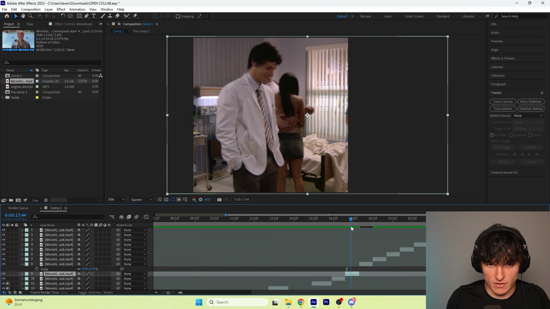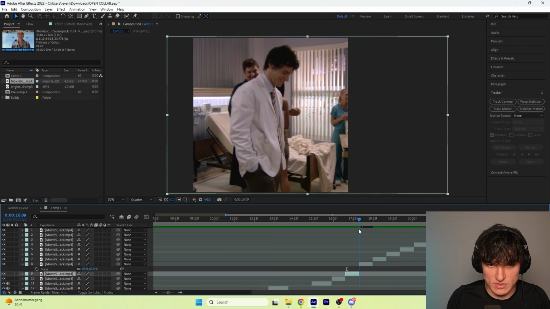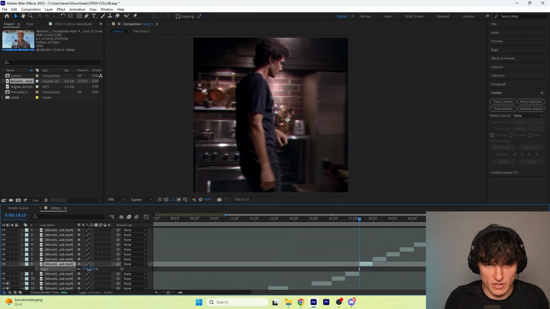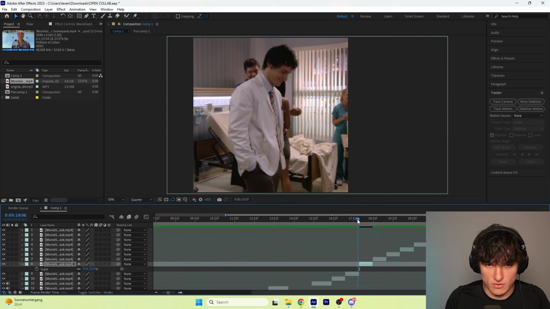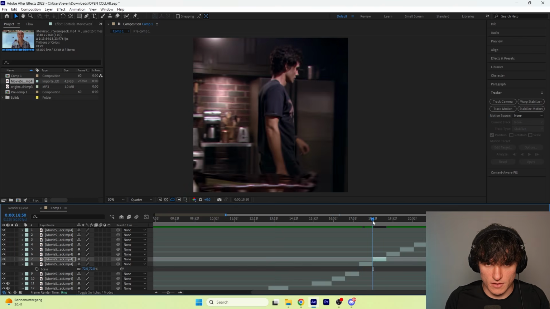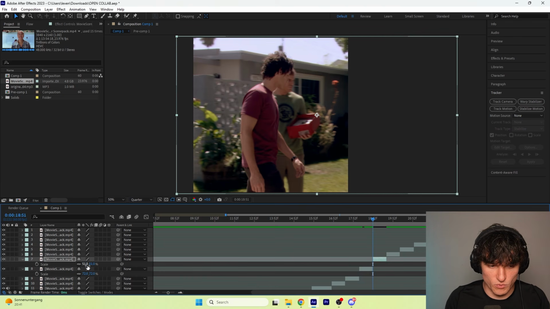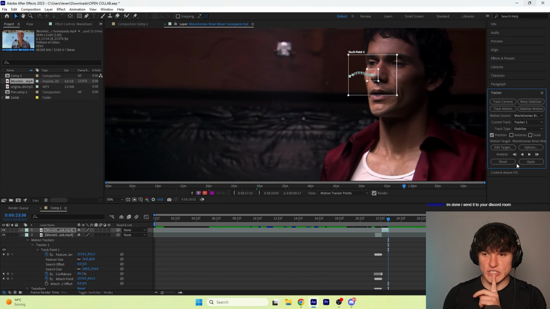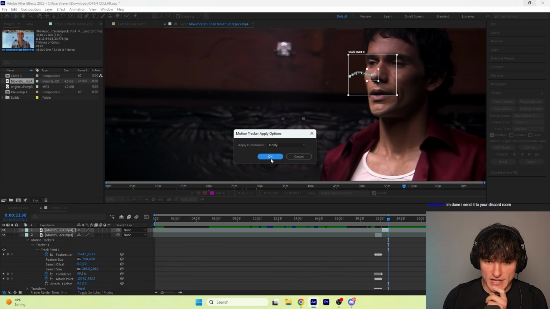And also play around with the section of the clip that you use. I'm going to use this section. I'm going to transition to this. It doesn't have to be 100%. If you add some CC Wide Time or anything, it will even it out. Okay, so kind of like this. And I'm going to do the fine adjustments when there's Twixtor on the clips, because Twixtor will further slow the clip down. Okay, so I just finished applying the last face tracker.